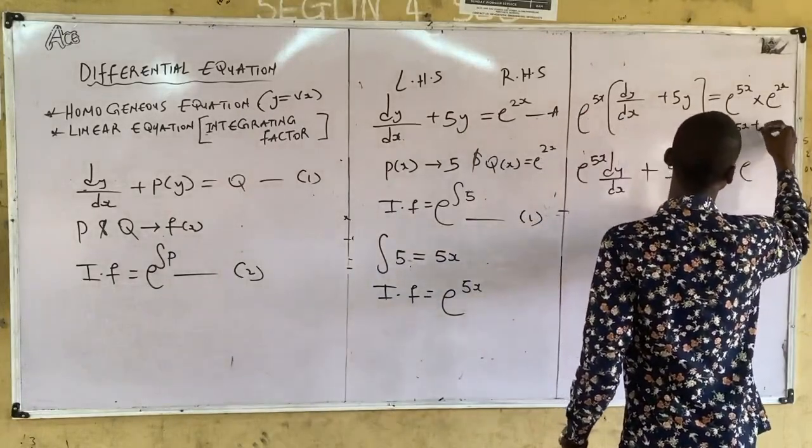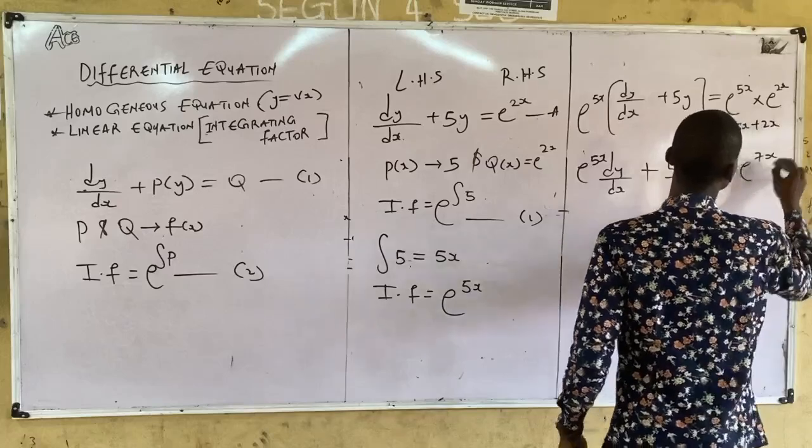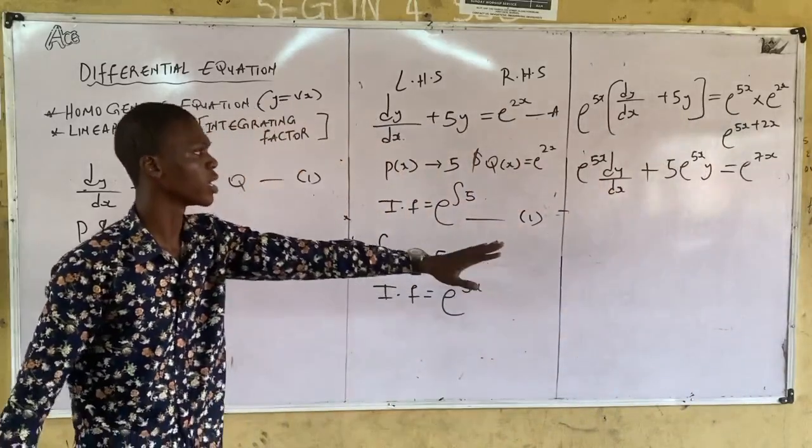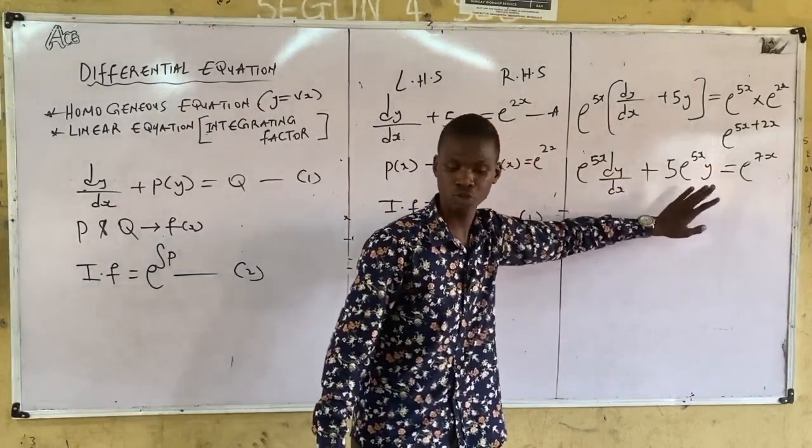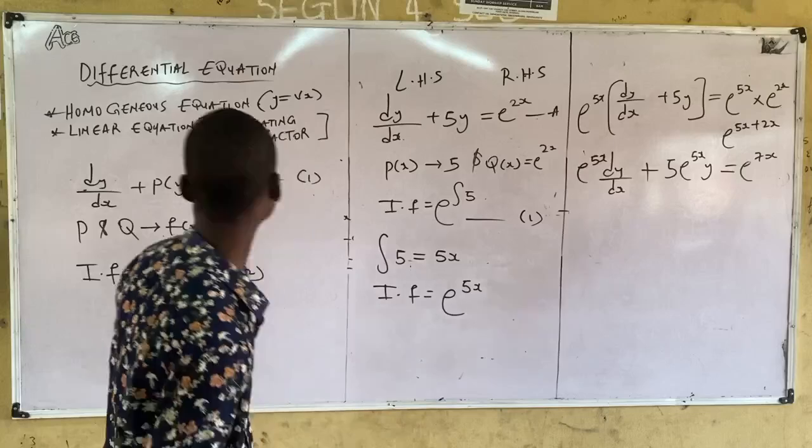Exponential 5x plus 2x, that's what? 7x. But from here, let's keep this. We are coming back there. There's something I want to show us. From here,